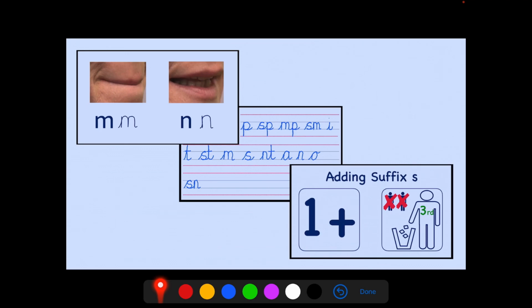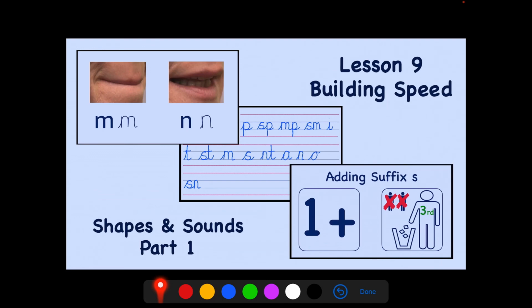And we have a reminder for adding suffix S, the 2 reasons. So you can use this slide, or you can go back to Shapes and Sounds Part 1 and find Lesson 9's Building Speed routine to go over all of this again to make sure that your responses are really speedy,